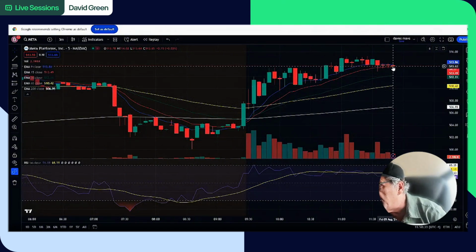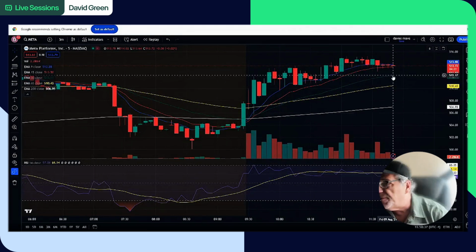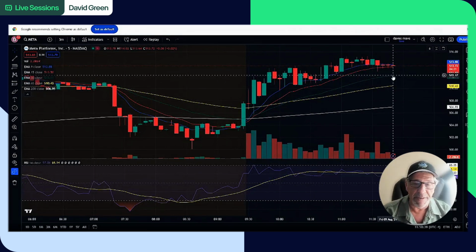So right now we're trading at, let's say, 513.50. Well, I have a moving average at 512. That's down $1 from here. Could it bounce from there? Maybe. Is it great odds? I don't think so. I want it to move further from there, right? So I have better odds of this trade working.